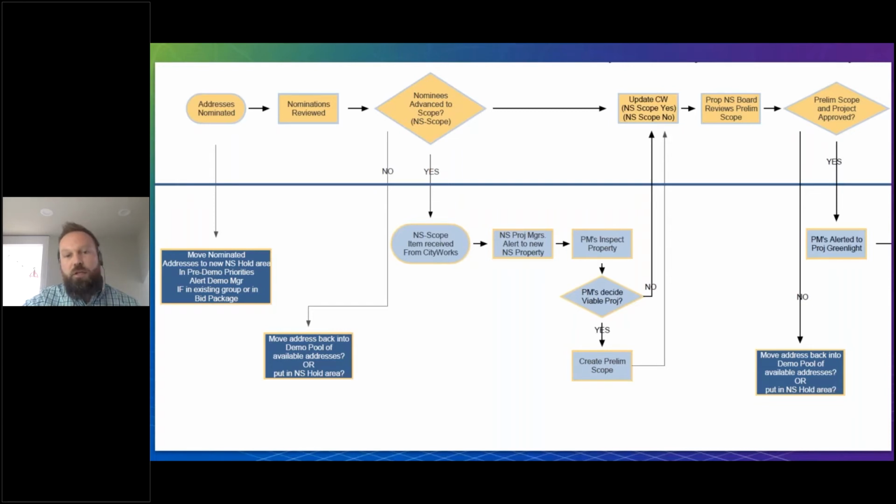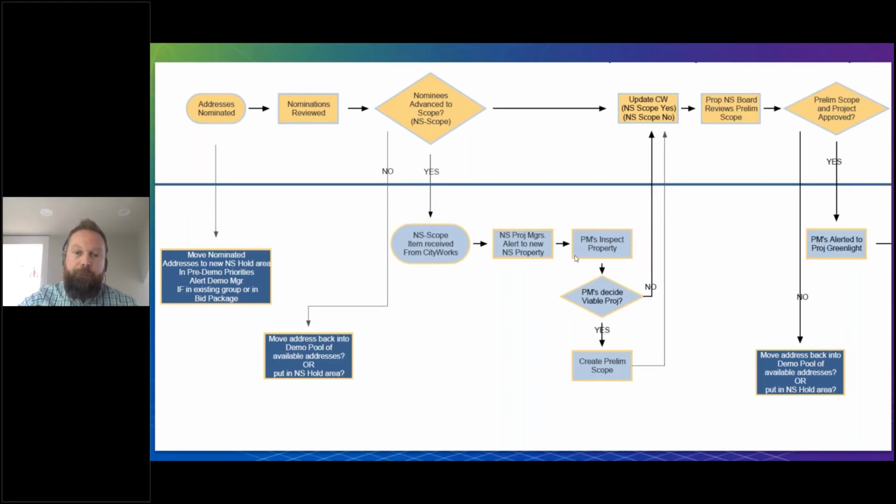And so you can see here that the address gets nominated, and we move it into our building division system via a webhook and then some further integrations when we do indicate that that property is eligible. And so once we do move over to a scoping portion of the workflow, and it flows into the building division system where they start to take action on it, there's a lot of sub actions that purely happen within